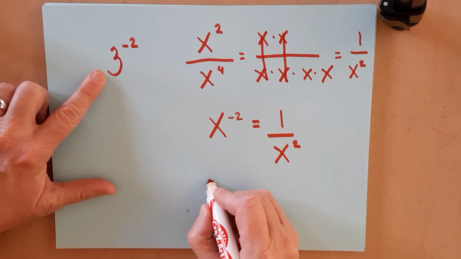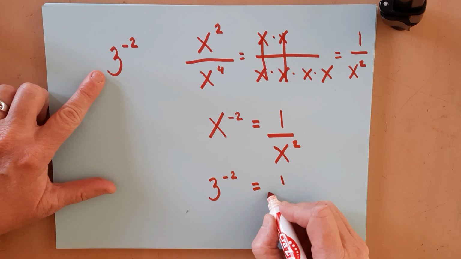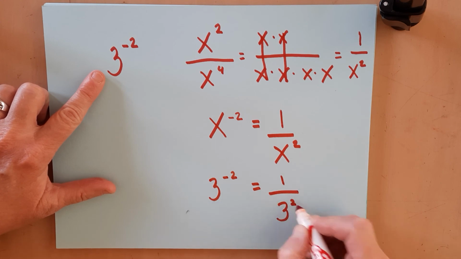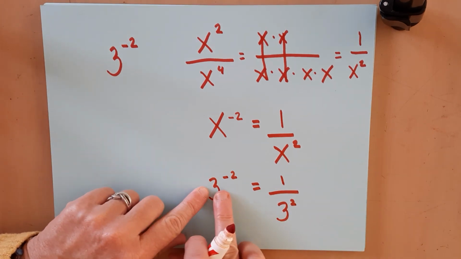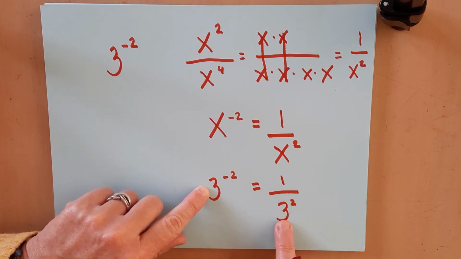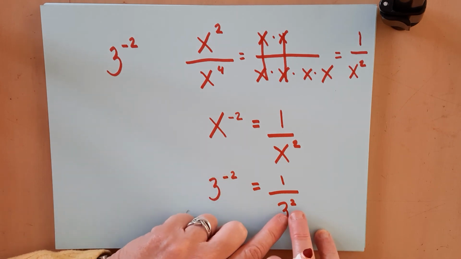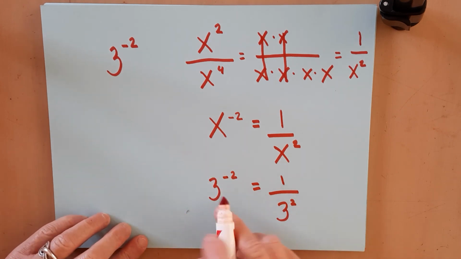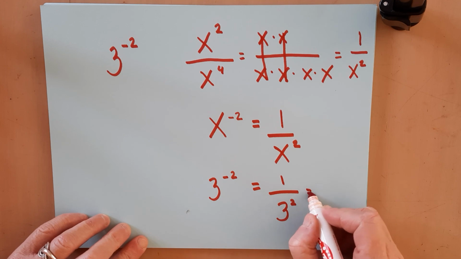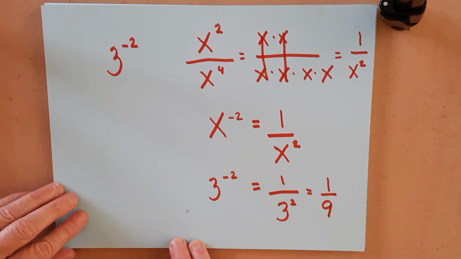Following that logic, 3 to the negative 2nd power would be 1 over 3 squared. We simply took the base, which was 3, and it was in the numerator. We put it in the denominator, and we changed this negative sign. We took it away and made it positive. So 3 to the negative 2nd power equals 1/9. We can also